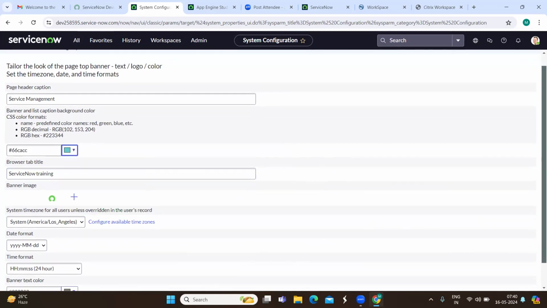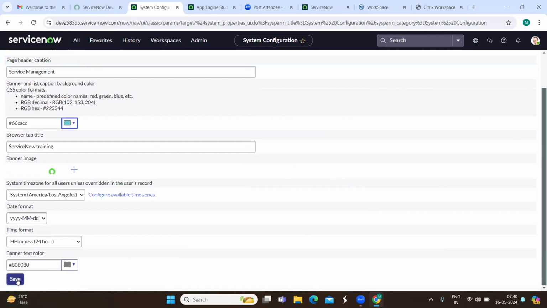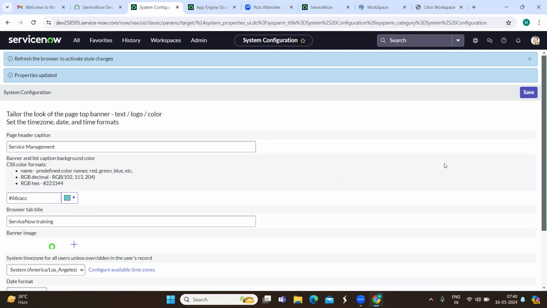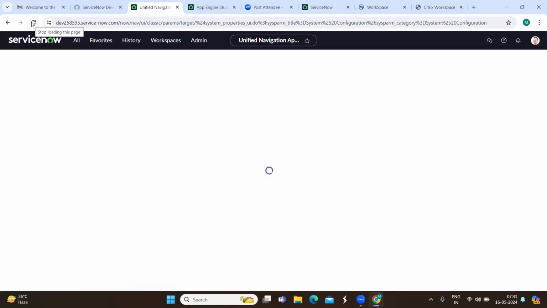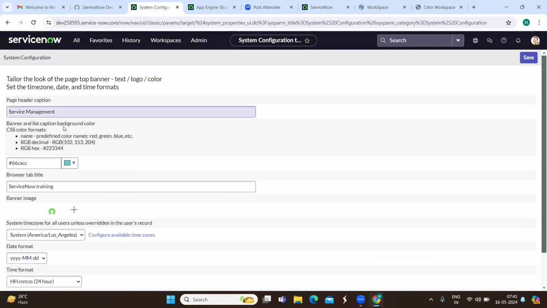So when you save this, you will see the changes instantly. Now refresh this page. It is asking you to refresh the page. The color scheme for you will also change right now, and the tab title will change to ServiceNow training. If you click on home,